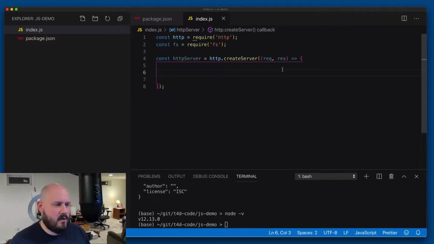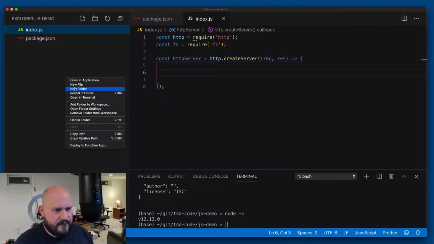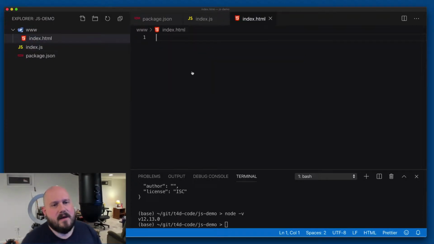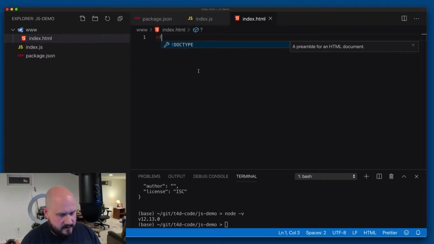We're really just going to wire this thing up to read a single index.html file. And we're going to set up that actual file inside of a www folder. So we've got our www, we'll say new file, and we're going to say index.html. Perfect. At the top of this file, we'll simply do doctype